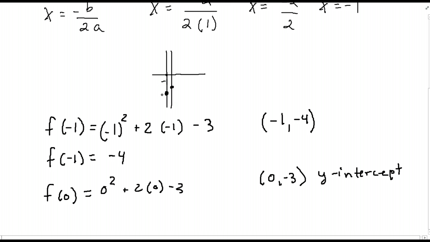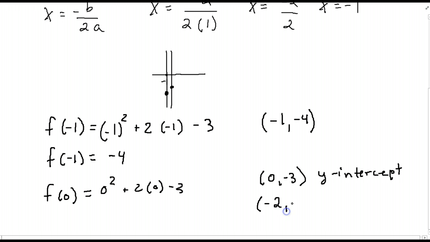So what we need to do is, we can see that the distance between the axis of symmetry and the y-intercept on the x value is a distance of 1. So we go from -1 to 0. We hop 1 to the right to get to the y-intercept. So from the axis of symmetry, we go one to the left to find where that reflection point is. So that would be located at